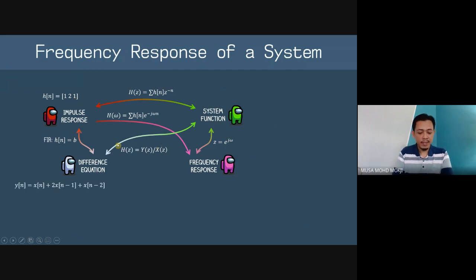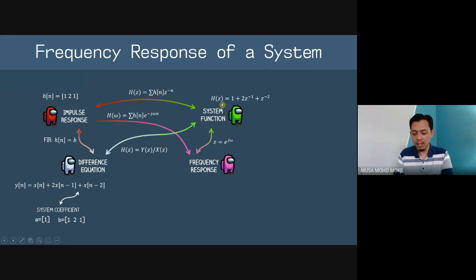Then what is the difference equation? Because h[n] is equal to the coefficient b, we just transfer this straightforwardly. What we get is y[n] equals x[n], because this one is multiplied by 1, and this is multiplied by 2, and then this is a 1, so multiplied by 1 here. This is the difference equation, very simple, because this is FIR. Coefficient b is 1, 2, and 1. And what is coefficient a? Coefficient a is 1, because we only have one output sequence, and the multiplier is 1.